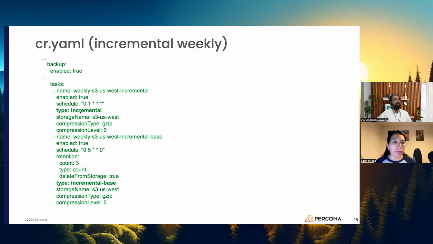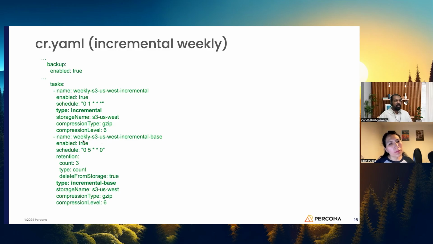So if you want to take backups, first you need to take a base backup. Okay, from the base backup, you need to take the incremental backups. So if you are going to take a base backup, you need to mention the type as incremental-base. The other increments on top of that base backup, you need to take as an incremental backup with the type incremental. So here